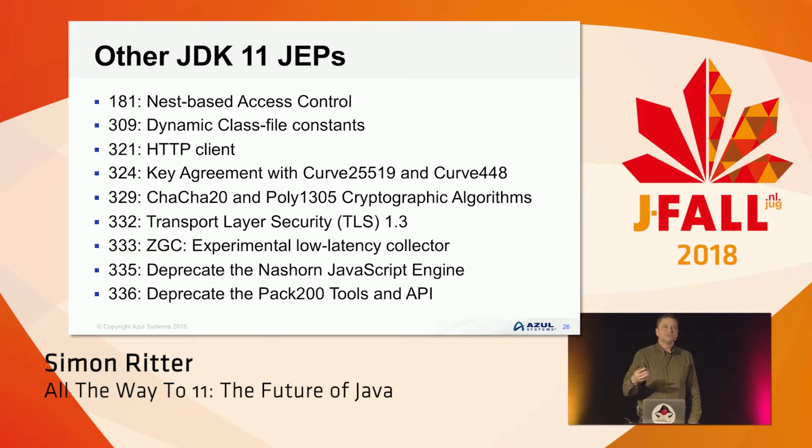Dynamic class file constants is extending the class file constant pool so that, in effect, what it's allowing you to do is to have a final variable in the constant pool, which means that you can set the variable once, but then it's fixed. The reason for doing this is that it helps people who are writing languages that are not Java to be compiled into bytecodes, and people writing compilers to do that. So there's a number of reasons to improve the efficiency of non-Java languages running on top of the JVM.